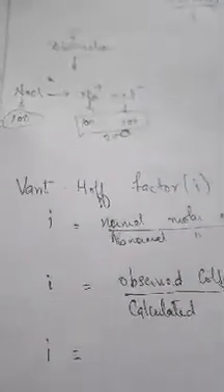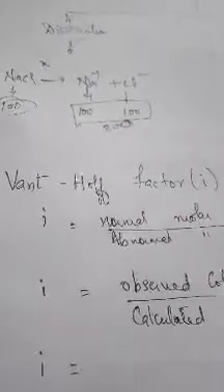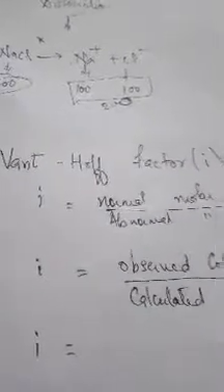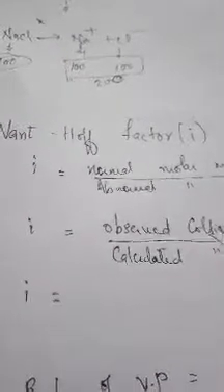Now how much increase or decrease in the colligative properties takes place during dissociation or association? This is given by the Van't Hoff factor. So the last topic we have is the Van't Hoff factor. You can mark it important. And why do we call it abnormal molar mass? Electrolytes behave abnormally, so we call its mass abnormal molar mass. For the Van't Hoff factor, three expressions are there. I have written two, the third you can add. The Van't Hoff factor is denoted by i.